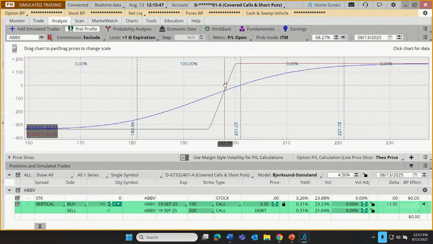Now that we're well acquainted with that line, we can acquaint ourselves with this blue line. The blue line is still a profit or loss chart. It's just a different time other than expiration, and by default, it's going to be today. Today is August 13th, the date of the recording of this session. So I can ask myself questions.